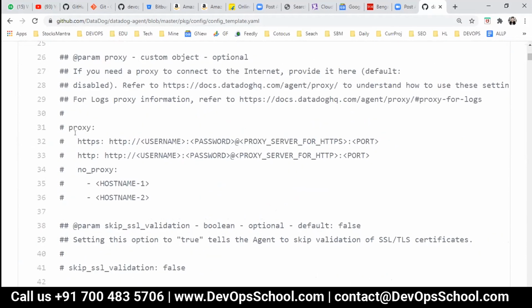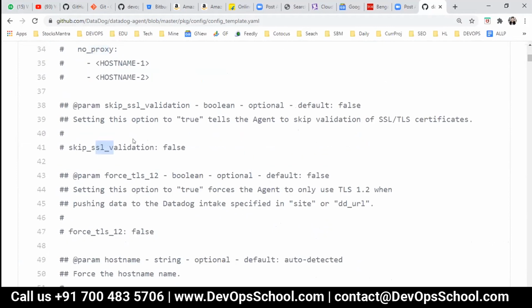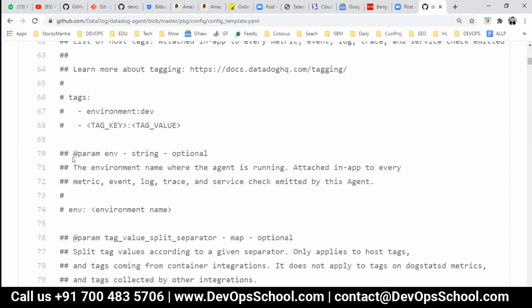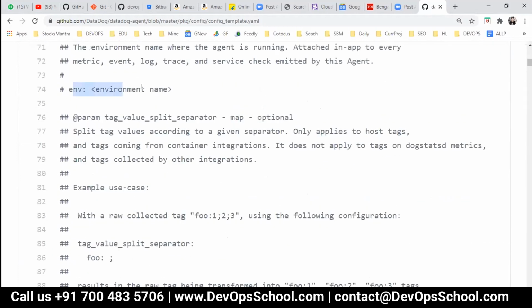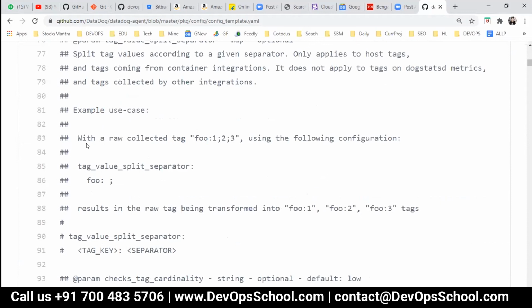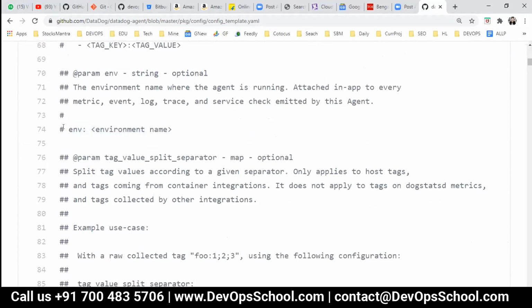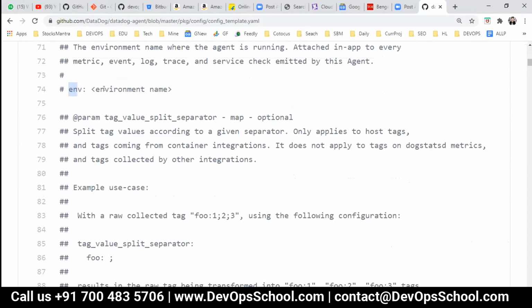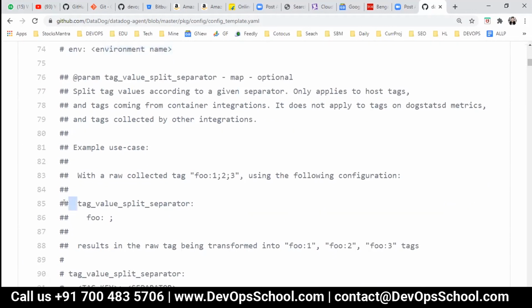So if you have proxies, SSL validations, TLS, environment name, and see here, it's a YAML. Start from here, but under this environment, which is by default the production environment, anything you see has a space.